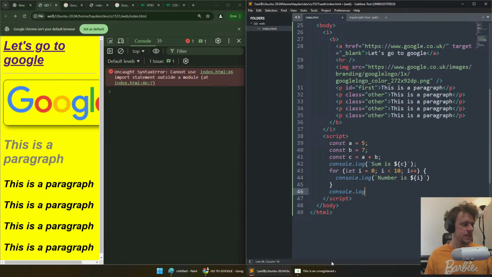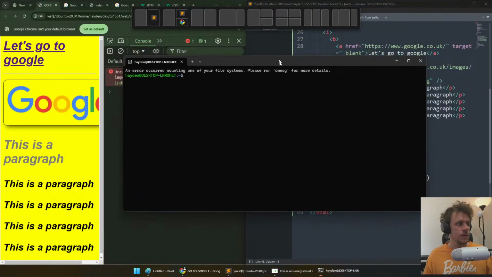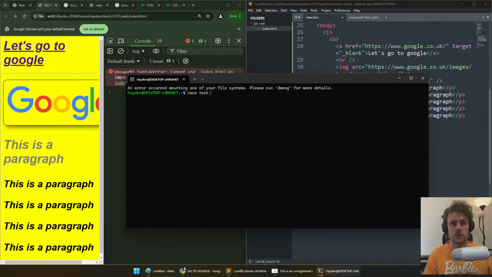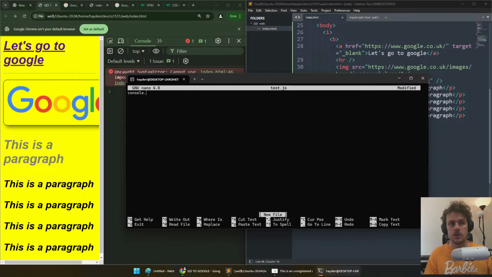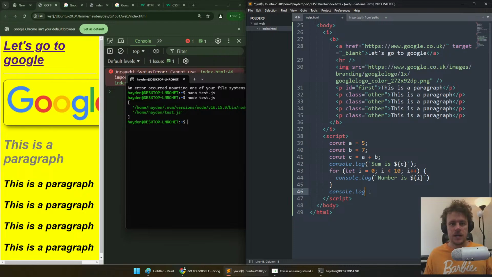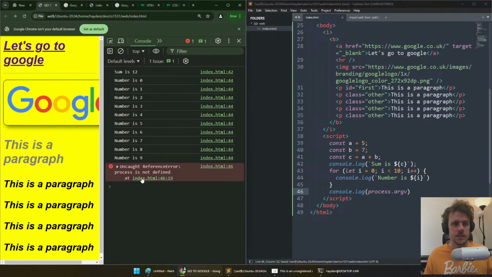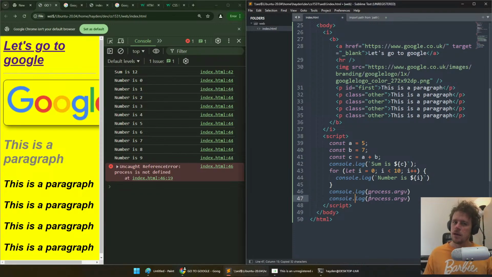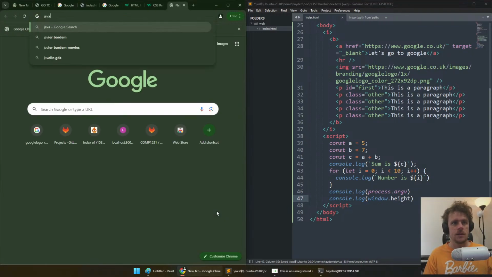So if I, for instance, let me open up a terminal here. If I create a random file called test.js and I go console log process.argv, what you'll see here is that it prints out a bunch of stuff. If I do that here and I say process.argv on the web browser, it's going to say process is not defined. Similarly though, if I write something like window.height and I try and console log, I think it's window.height,